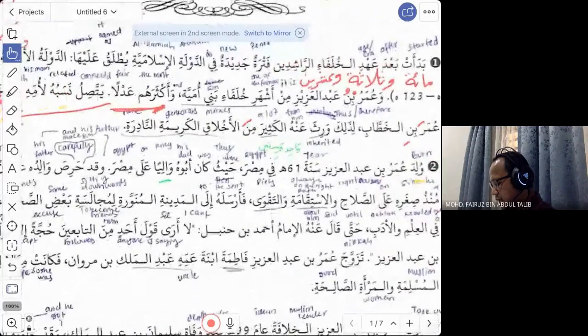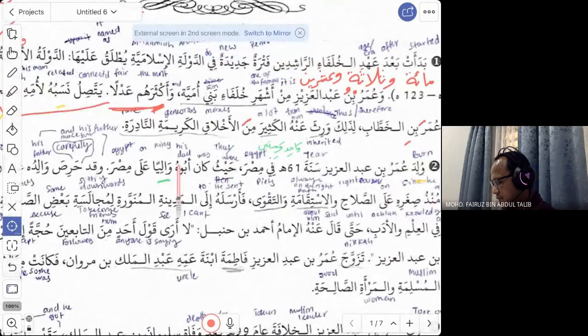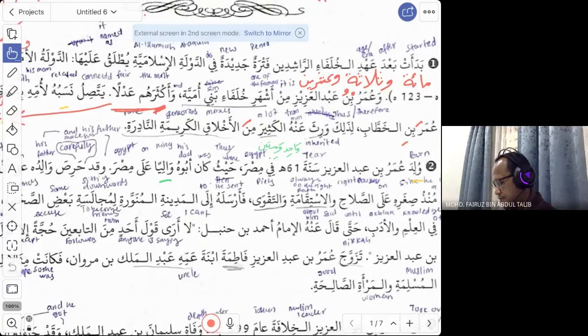Haitsu kana abuhu, where his father was a governor. So the word wali can have a different meaning. It can be the leader, wali. It can be someone who is in charge of something, that is also a wali. But in the previous term, they use wali for a country. For example, here wali ala Misra, the translation is normally the governor. So his father was the governor of Misr, of Egypt, and he was born there. Okay, continue, Iza.